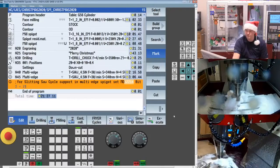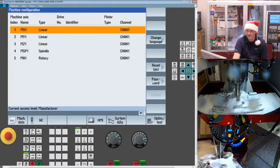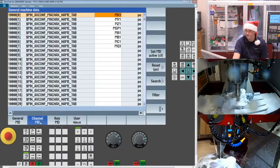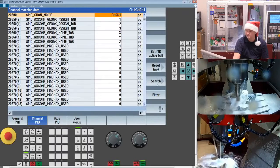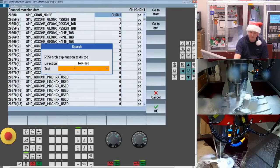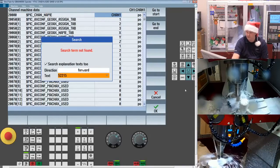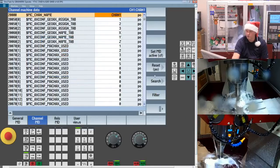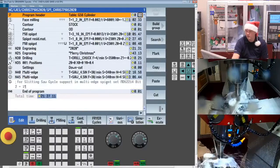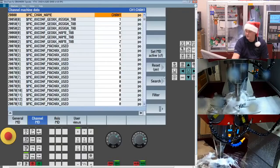So how do I set 52214? Pretty easy. I'm just going to go menu select, setup. I want to go into my machine data area. Now it happens to be a channel MD. I know that from experience, but you could go searching through each of them if you wanted. So here I'm going to type in 52, what did I say, 215? No, I did not. I even forgot the number. Good thing I wrote it in the program. 52214. I was one off. All right, so search